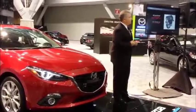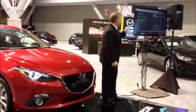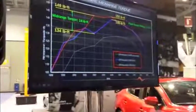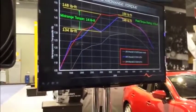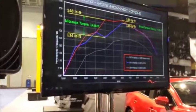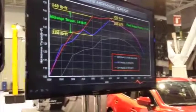This engine was introduced with the 2012, but we made some changes to it, so we're now getting 41 miles per gallon. Those changes include adding the 4-into-2-into-1 header that's characteristic of our SkyActiv G engines. What that allows us to do is increase the compression to a full 13-to-1 compression ratio, which is very high for a gasoline engine. You normally find that kind of compression ratio in racing cars, and that actually boosts our mid-range torque on the engine by 14 foot-pounds. So we've got an improvement in driving dynamics as well as an improvement in fuel economy year over year with